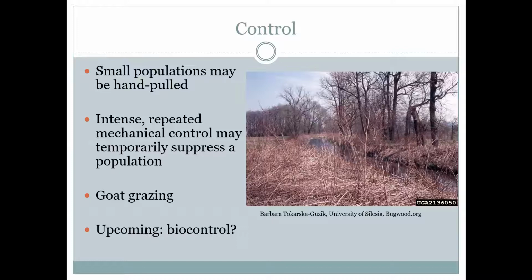They don't really work any better than that intense repeated mechanical control style of work. So you're probably not going to see eradication even with goat feeding pressure unless you're talking about 12 to 15 years for a really established population of Japanese knotweed. This portion of the presentation can be a little bit of a downer. So I'm going to mention that